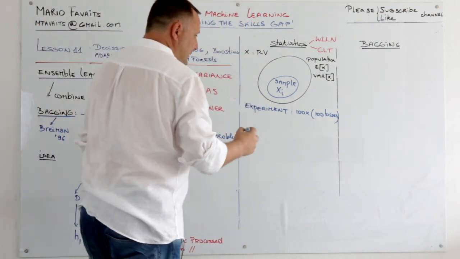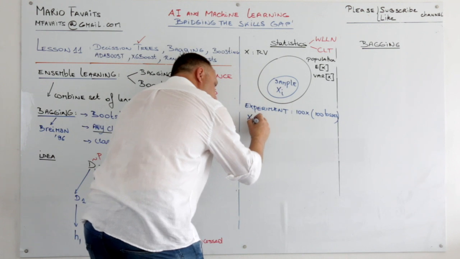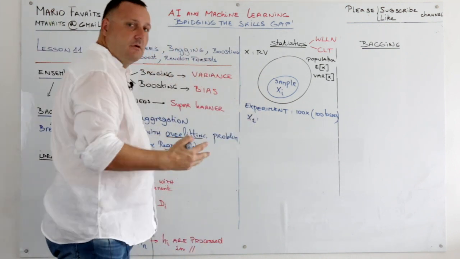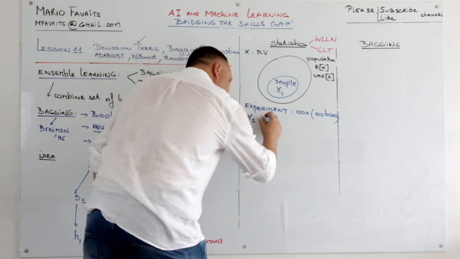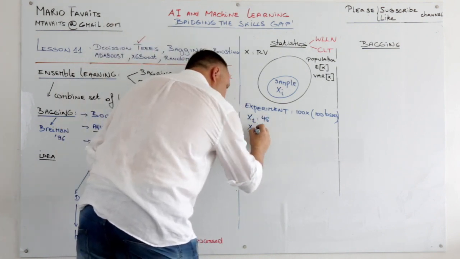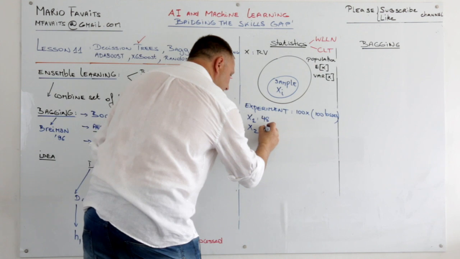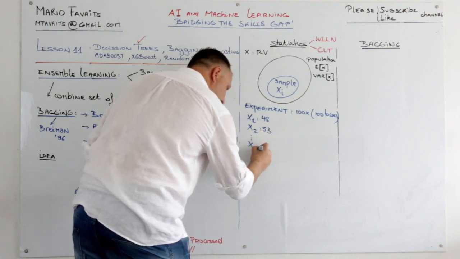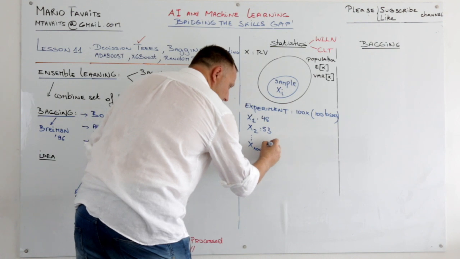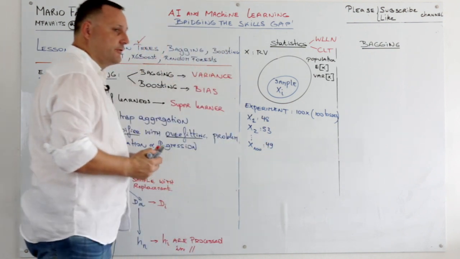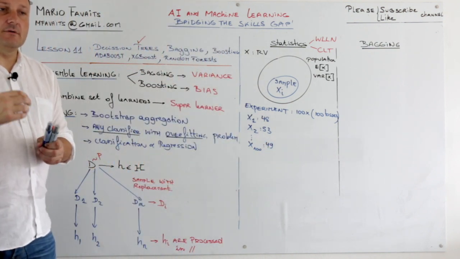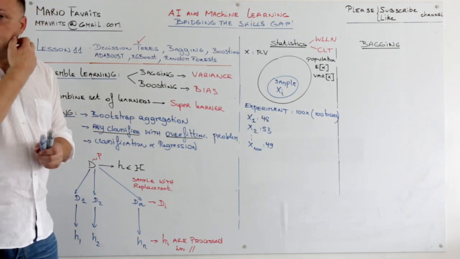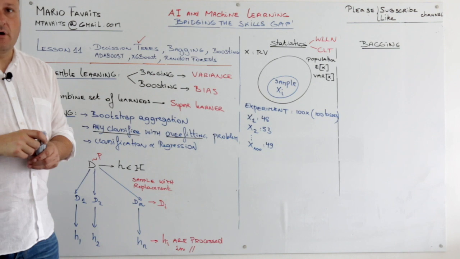So the way it's going to work is you have x1. You do 100 tosses and you count the number of heads. For example, 48 heads. You go x2, do the same thing. Here you end up with 53. And you go until you end up with x100, and in the 100th you have, for example, 49. These are all the people going inside the shed, and they estimate the weight of the ox.